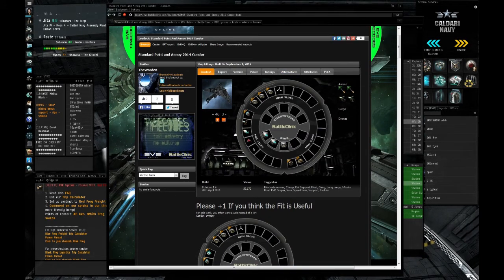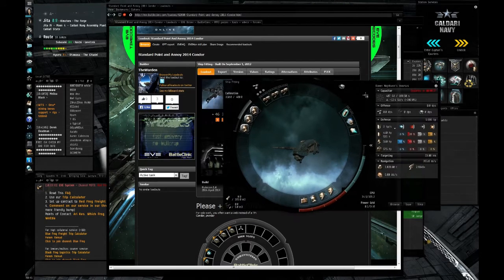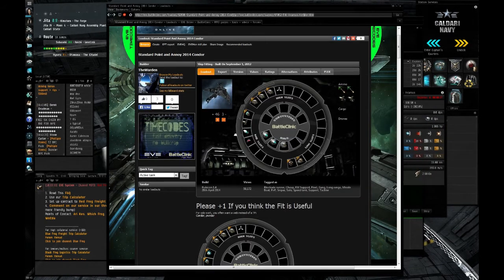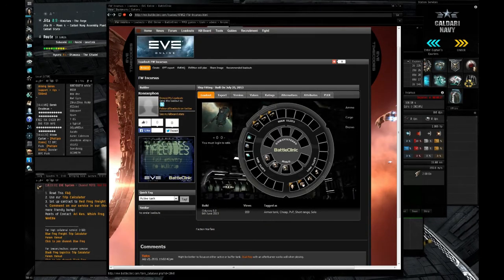That's one. So I browsed through a lot of Condor fits. Then I had to take this fit and dumb it down. So this Incursus fit, for example, I found this fit already. Let's see if I have it. It's right here, I believe. So here's the Incursus fit, right? So I had to find this fit, like it,